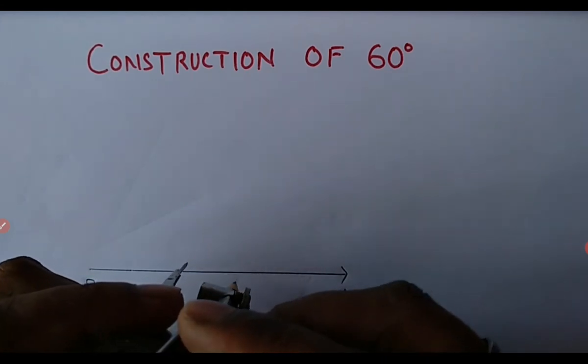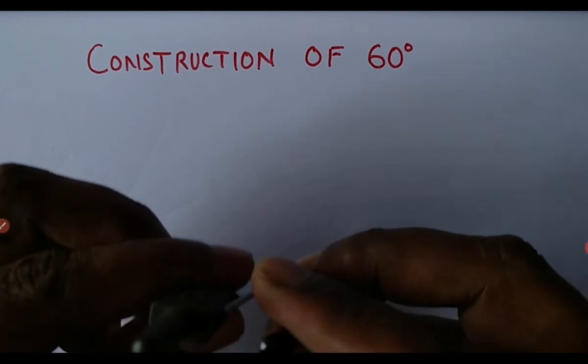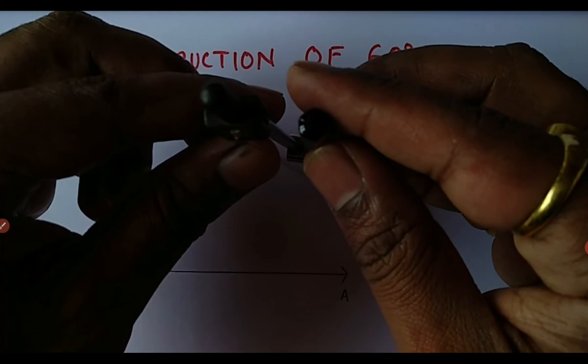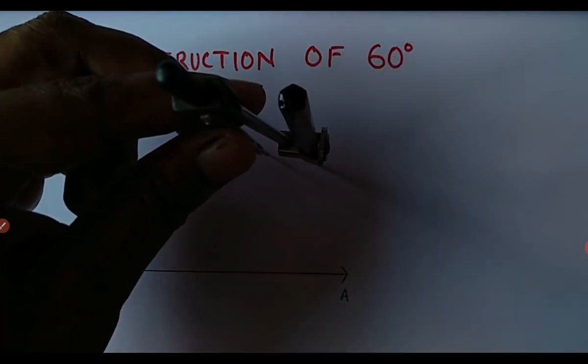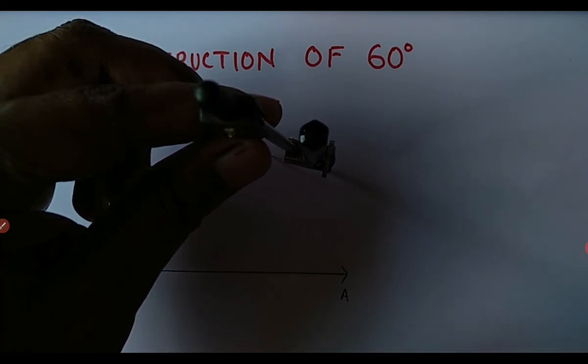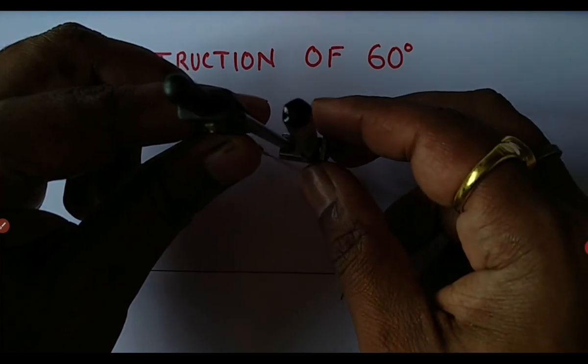Okay, but before that, I need to make sure the tip of the compass and the tip of the pencil are aligned. That means they fall on the surface of the paper at the same time, such that one side is not long, the other side is not short. Okay, so here what I'm doing is I'm making sure both of them touch the paper at the same time,